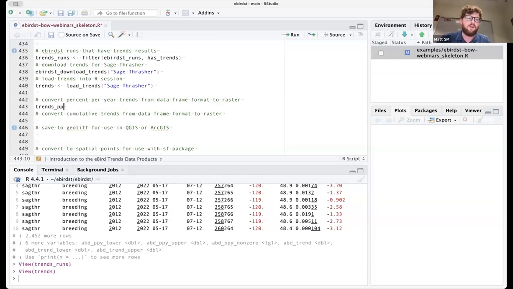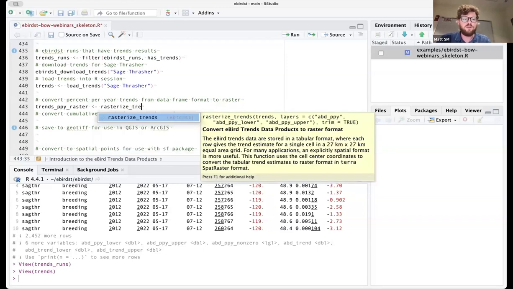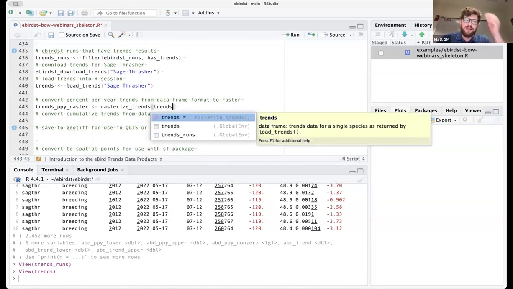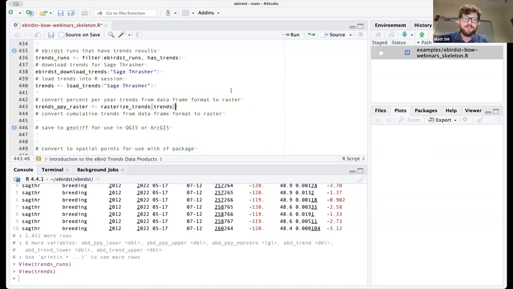So let's say I want to convert the percent per year trends into a raster format. The function is called rasterize_trends, and I give it that data frame. It understands the structure of that data frame, and it has information about the location of all the cells and the shape of all the cells, and it knows how to create a raster based on that.